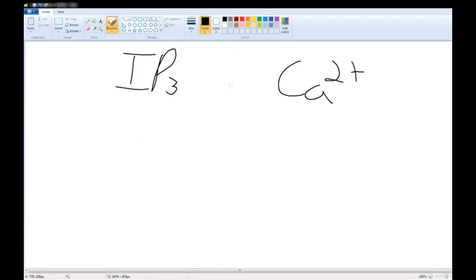So the last thing I'm going to talk about in this video is going to be IP3, which is inositol triphosphate, and then calmodulin, which is Ca2+, and that is literally just a calcium ion. That's all that is. But these two are going to work together. More like this one's going to work to create this one. So IP3 is essentially, it leads to the creation of Ca2+. So what's going to happen is